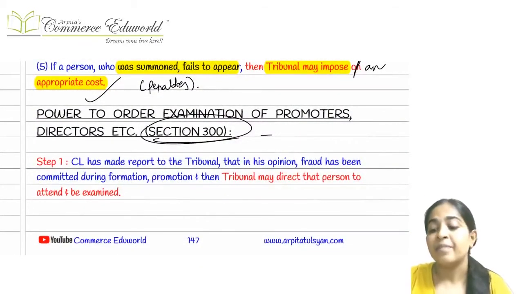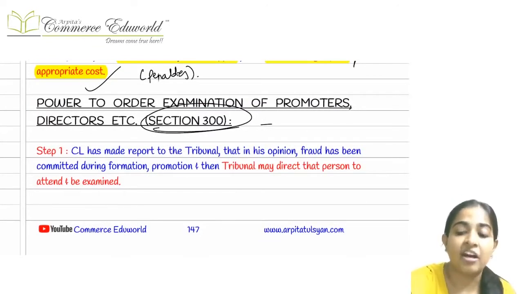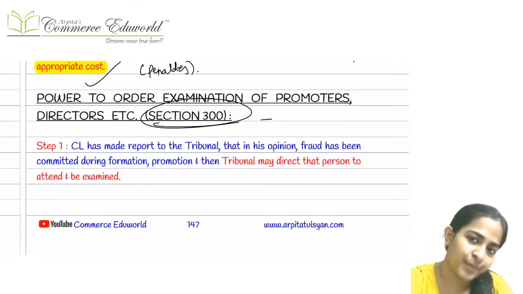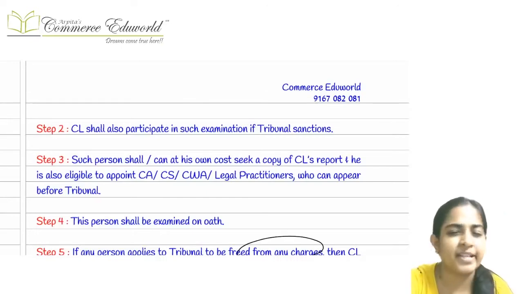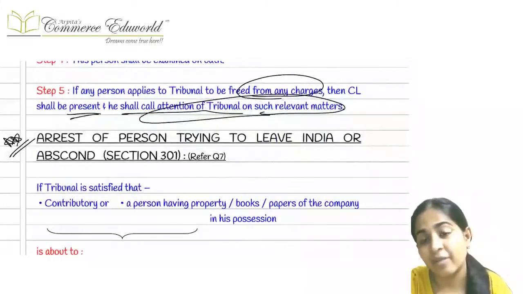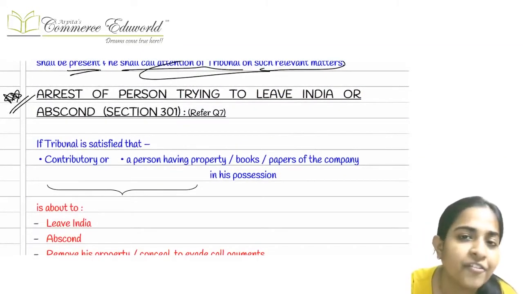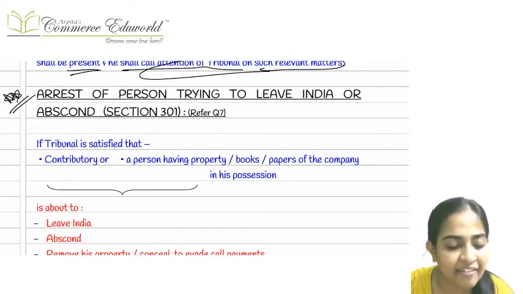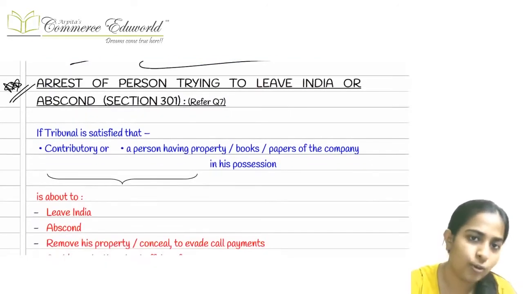Similarly, if the tribunal or the company liquidator is of the opinion that the promoters, directors, etc., are involved in some fraud, or some assets are there with them, or some books of accounts and papers are there with them, then also the tribunal can call them for inspection, etc., and it will make sure to give a final decision on whether they are having the books of accounts or the assets in their custody or not.